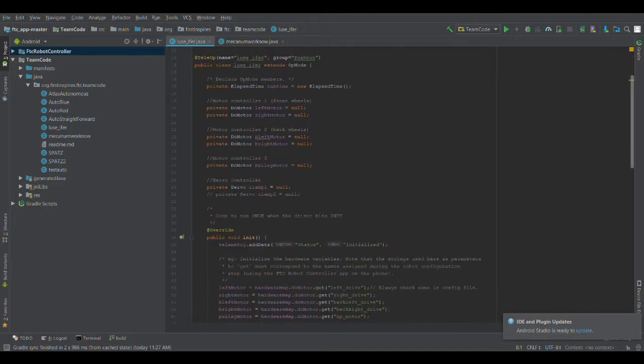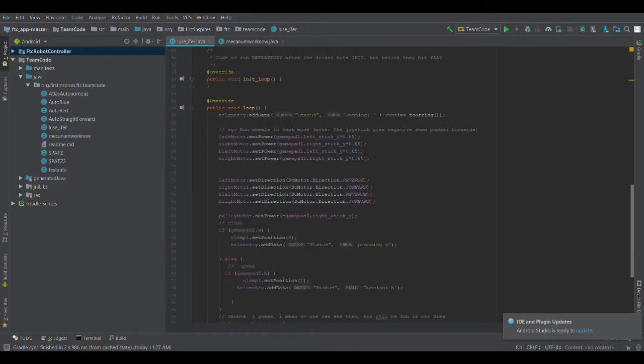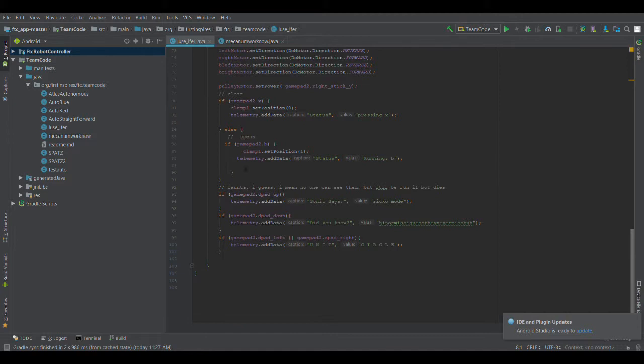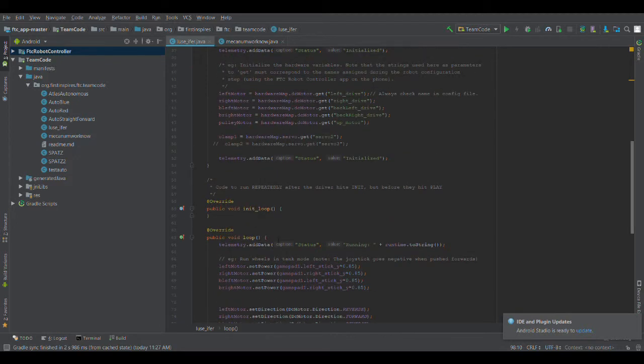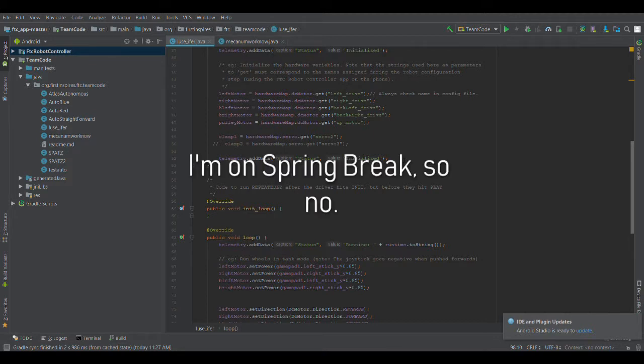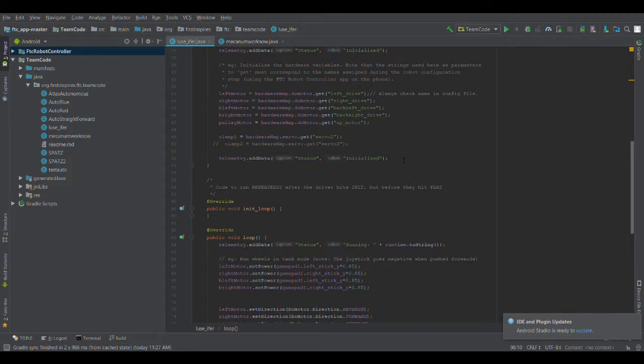Other than that, the code's very straightforward. In terms of this bottom thing you see here, we don't need to talk about that. Other than that, I think that'll be it for this episode. I'll probably throw in some sort of video of the robot just using this basic code in practice. Sooner or later, we'll talk about mecanum wheels and autonomous, but as of right now, we still don't really have a good out